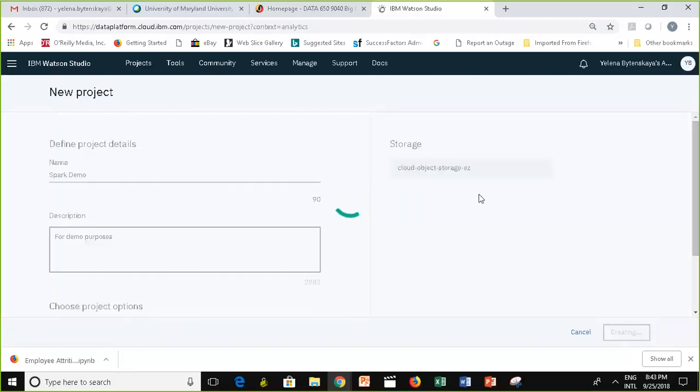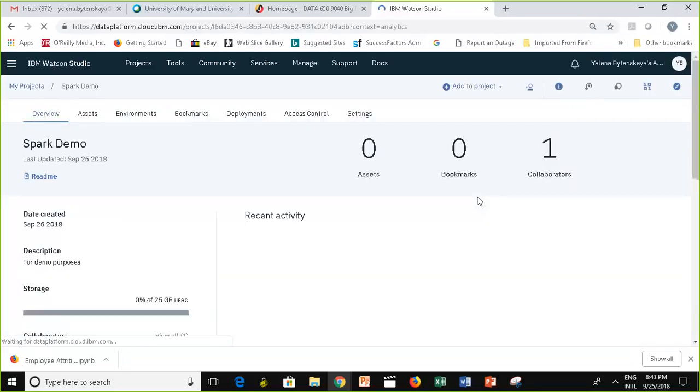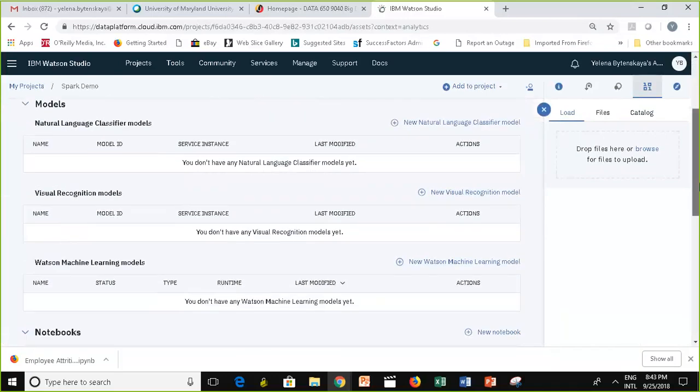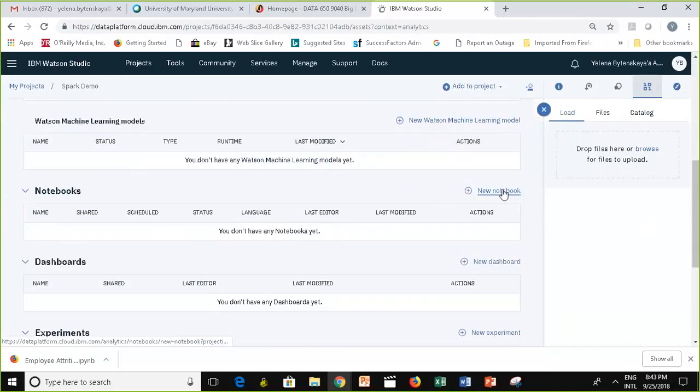So what I was trying to tell you earlier is that if I try to add a notebook right now, I'm going to have a problem, because I have to make sure that my notebook runs on Spark, right? So if I go click on assets and scroll down here and try to add a new notebook, you will see I'm going to have a problem.